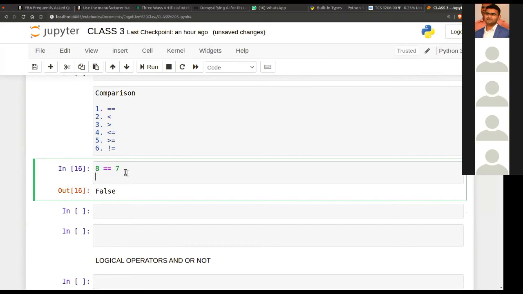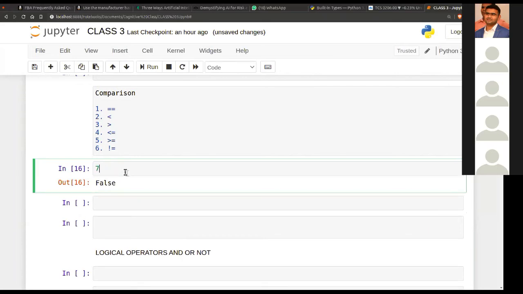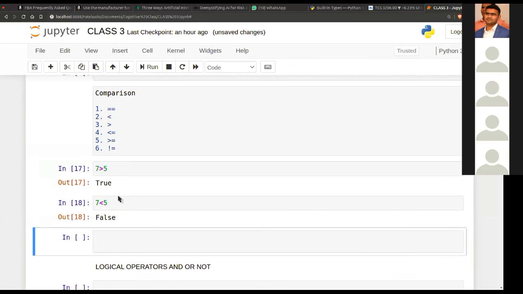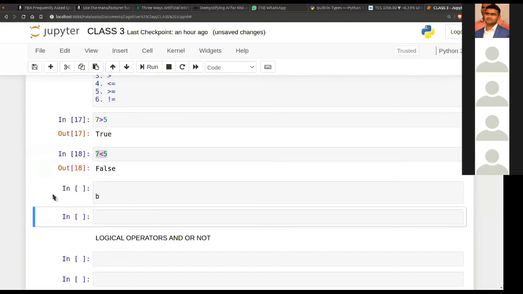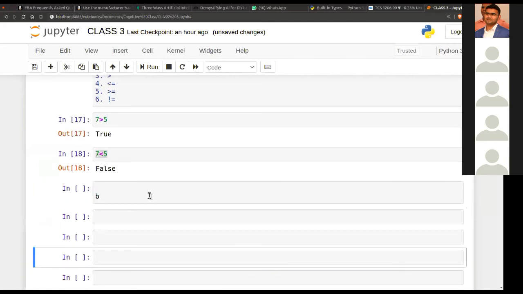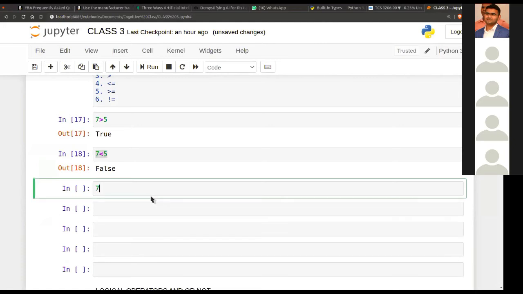Suppose 7 is greater than 5? Yes, it is. Let's say 7 is less than 5? False, it is not. So this is the less than operator. Suppose 7 is less than or equal to 7, yes it is.